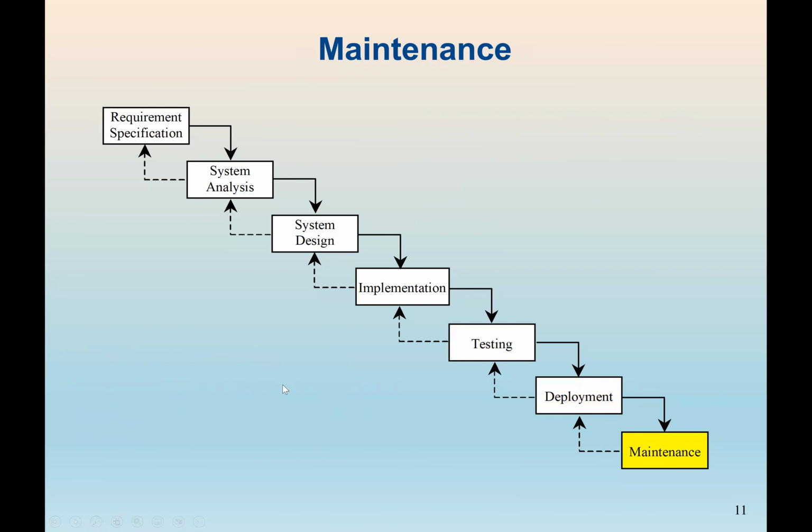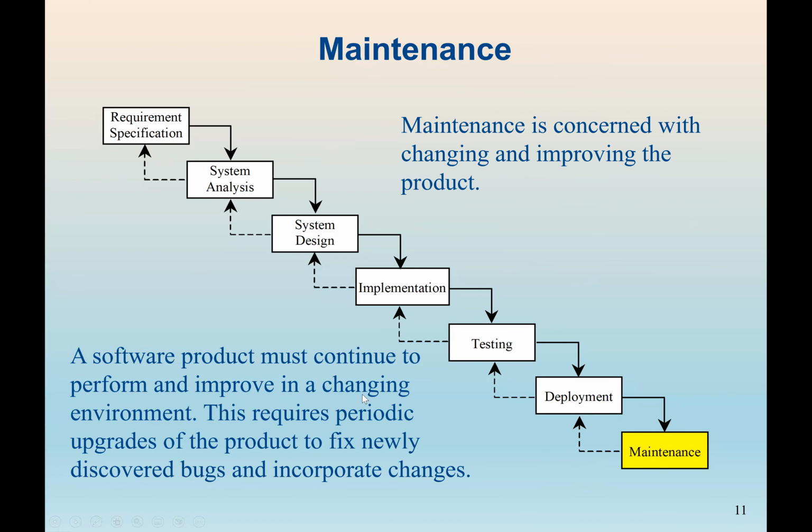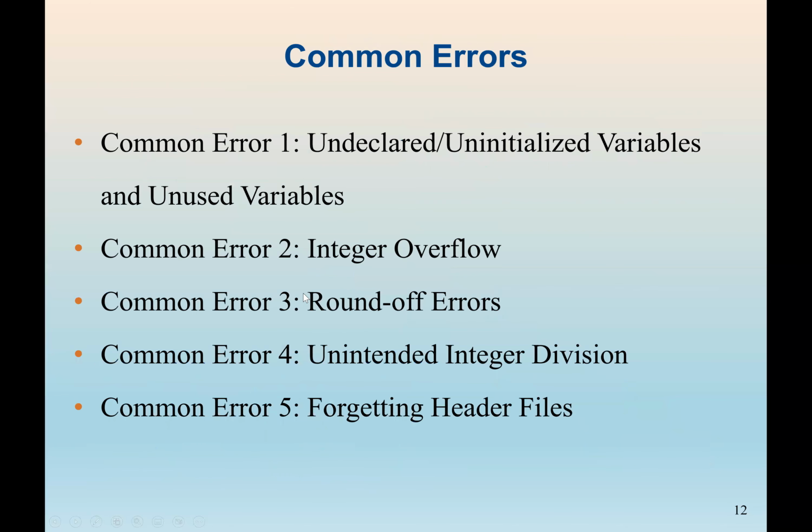Then during the operations, we may have to do some maintenance, maybe improve the code or come up with a new version. Maintenance is concerned with changing and improving the product. A software product must also continue to perform and improve in a changing environment. This requires periodic upgrades of the product to fix newly discovered bugs and also incorporate changes. An example would be Microsoft Windows. Sometimes we may receive a message that we should download new software, new features that will improve our